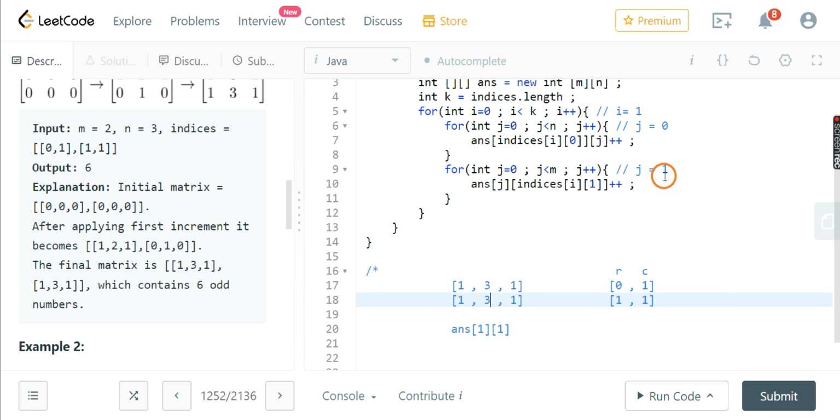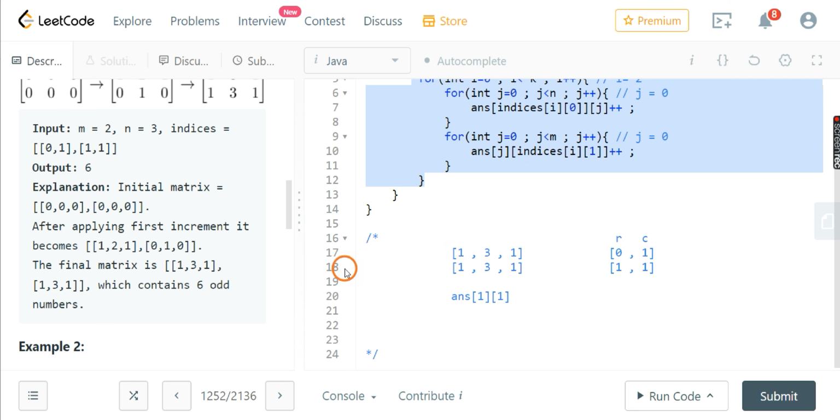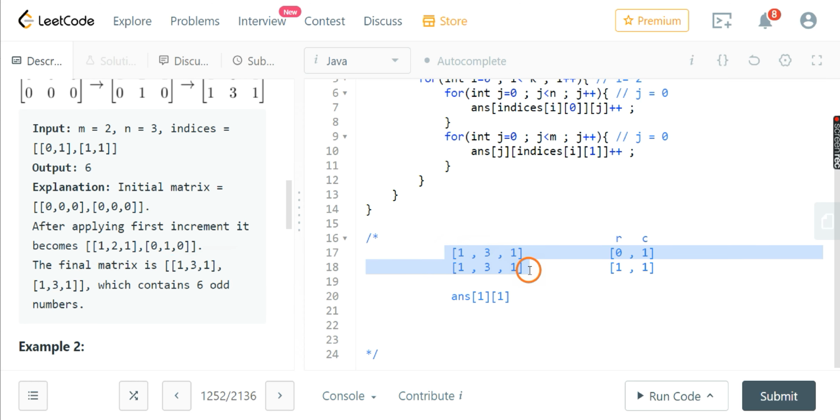After that j will become 2 and this condition will be false, so this for loop will end. Now I will become 2, and 2 is not less than k, so this whole for loop will end. So see, after our final increment we get 131 and 131.